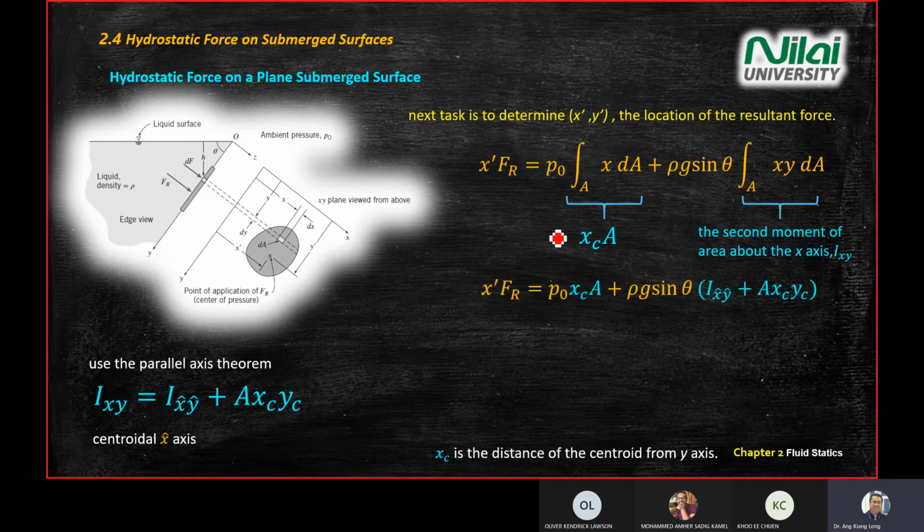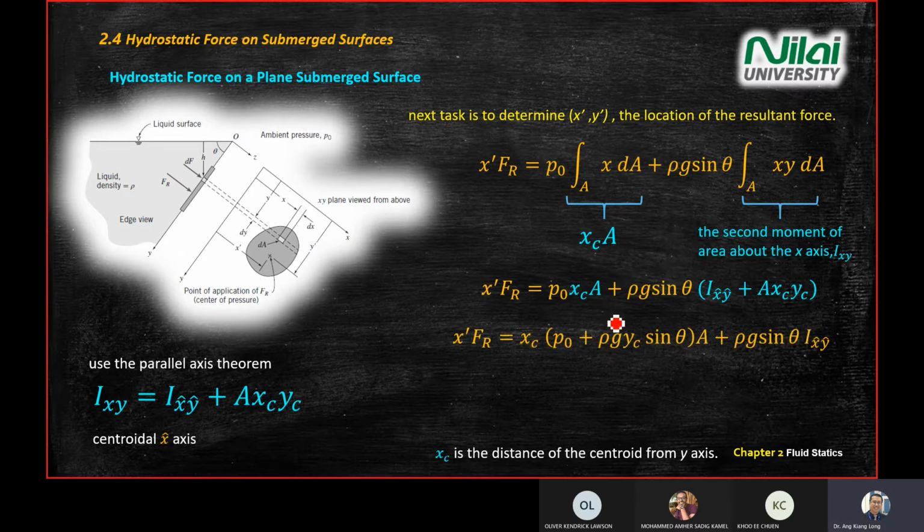So you rewrite the equation on the screen here, the first equation here. The equation will become P0 x_c, or x at the centroid, times A, plus rho g sine theta, and the second moment equation we rewrite without the integration form, we can write as Ixy plus A x centroid y centroid. And then you further